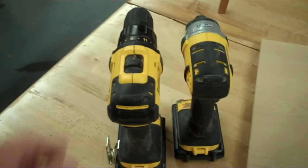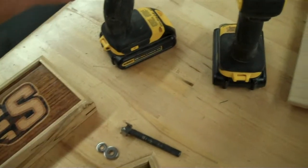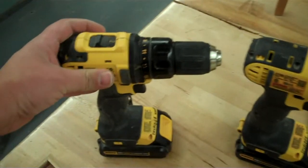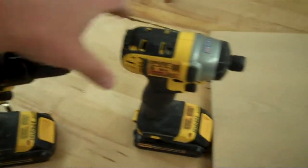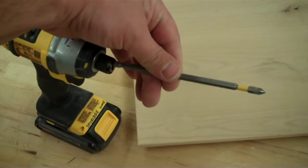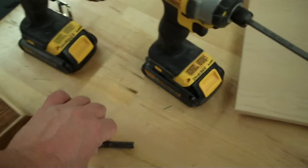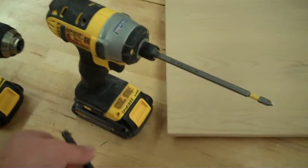The cordless drills are also in the tool cabinet. This box, by the way, is also in that left tool cabinet. And we've got 2 different types of drills here. One of them is just a regular cordless drill that we can just put some drill bits into. The other one is an impact driver, and this is the one that's going to hold the screwdriver bit, and that just snaps in place there. So we'll put the Forstner bit into the cordless drill, and then our impact driver will hold the